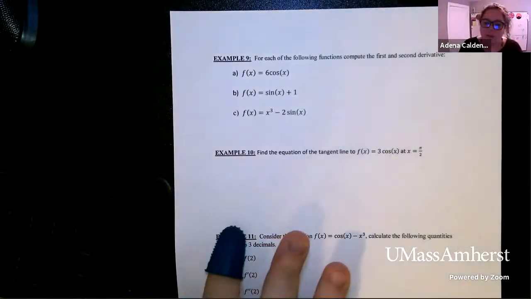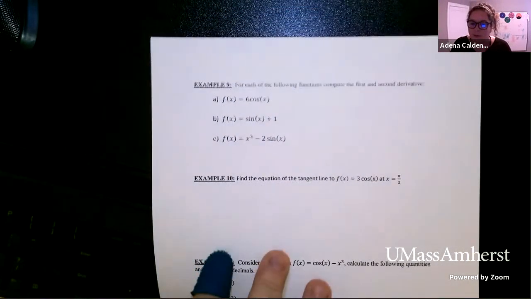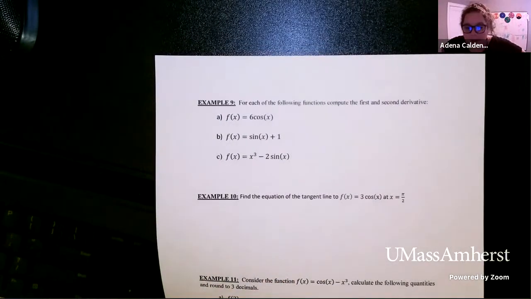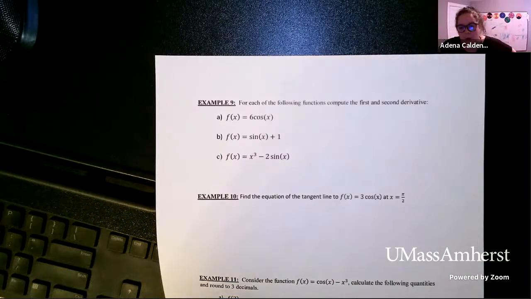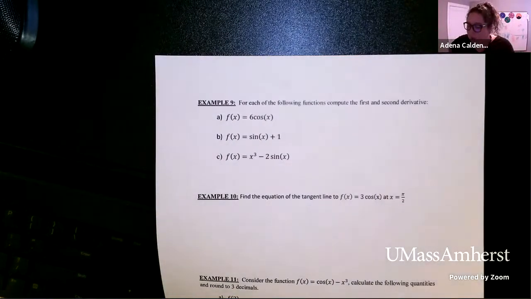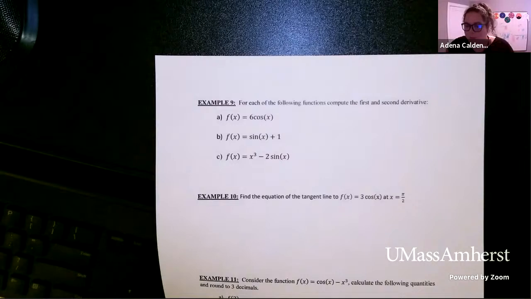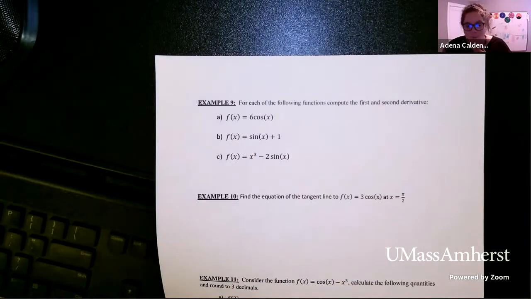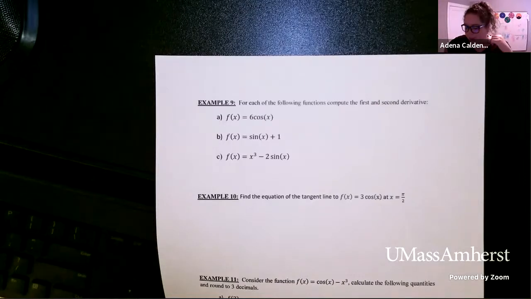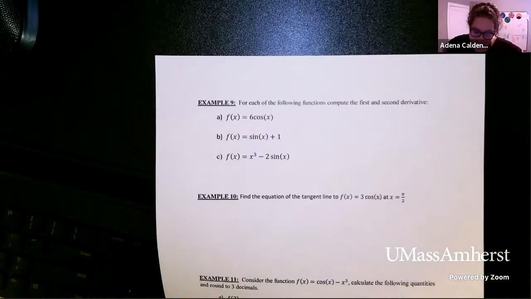Okay, actually, let's do 2 problems. We'll bunch them together here. Let's look at example 9 and 10. So for example 9, you want to compute the first and second derivatives. So the constant multiple rule and addition and subtraction, those are going to hold true for all functions we look at. So that means that that 6 in the first function is going to carry into the first and second